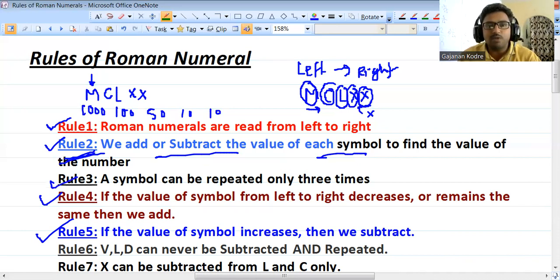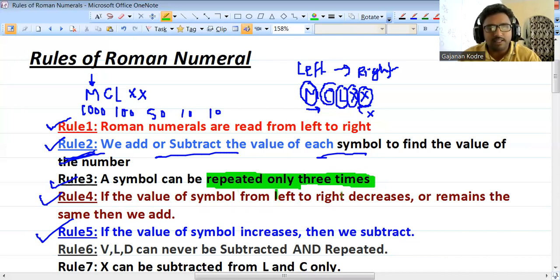Ok, let's talk about next rule, rule number 3। Rule number 3 says a symbol can be repeated only 3 times। So here one important thing, you can repeat a symbol only 3 times, not more than that। How, that we are going to discuss।